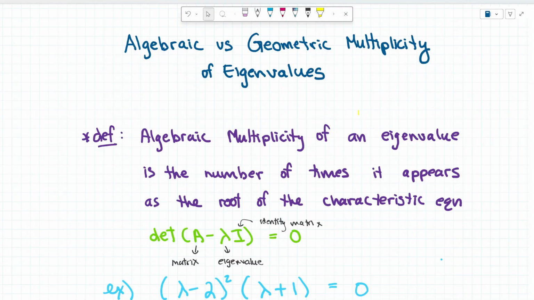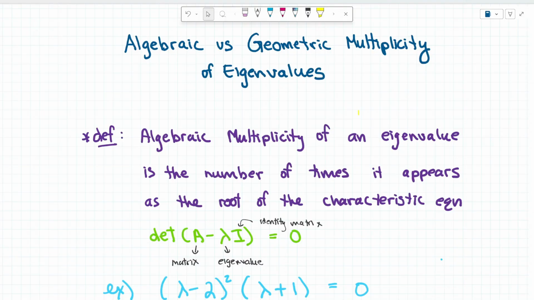Okay, so I've posted a few videos already which discuss algebraic and geometric multiplicity of eigenvalues in great detail. This video is a little bit different because we're going to go through another example where we have an algebraic multiplicity of 2 and a geometric multiplicity also of 2. We're going to show the step-by-step way how to use different algebraic manipulation, finding eigenvalues and eigenvectors to get to this result. However, I'm first going to go over the